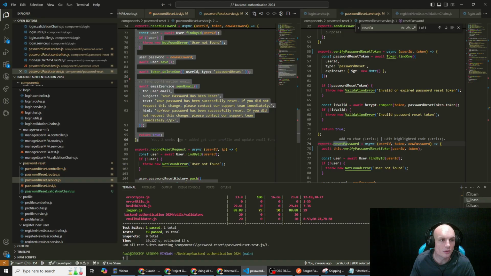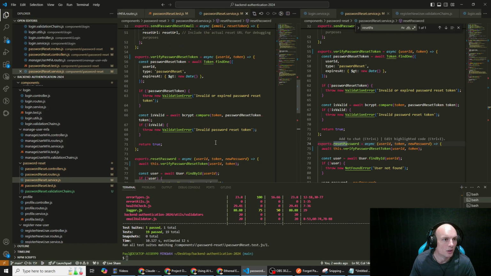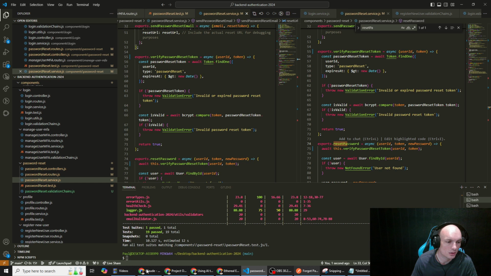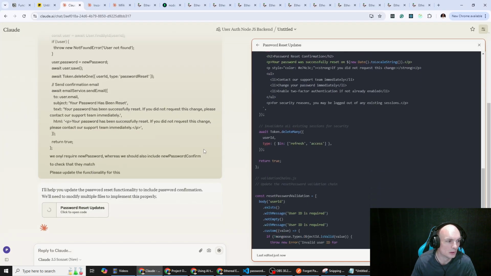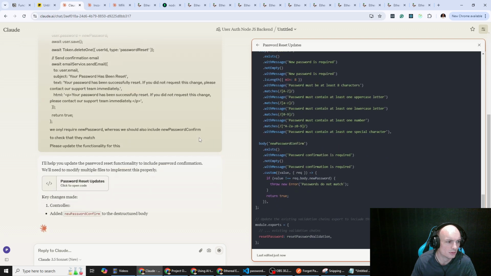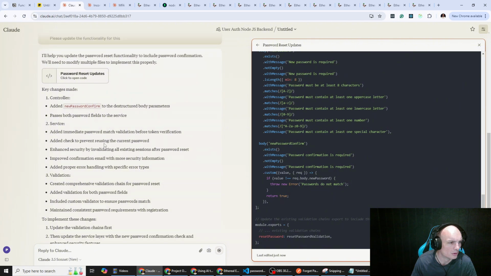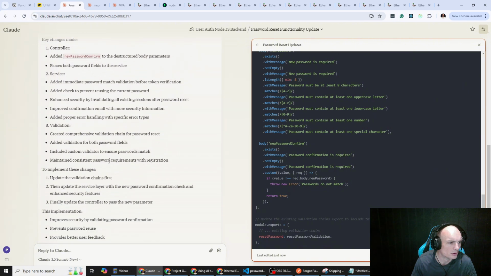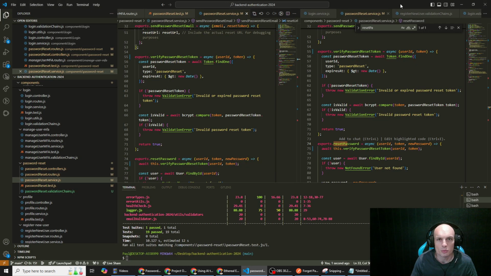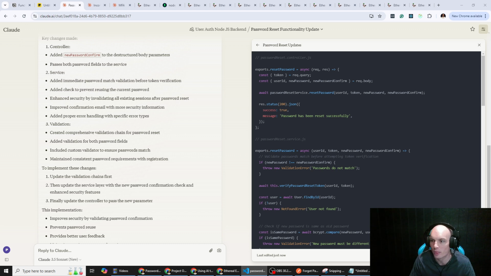And then while it's doing that, in the reset URL here, this needs to be API /v1 /. Whoa. What? We don't need to do the validation chain, it's already there. Alright, so this probably would have been quicker to write out ourselves, but anyway. In our controller, so password,